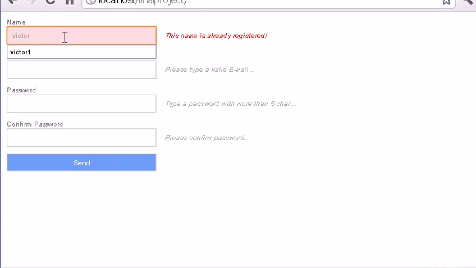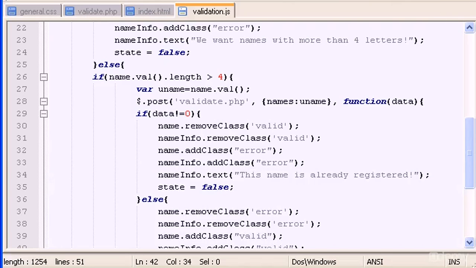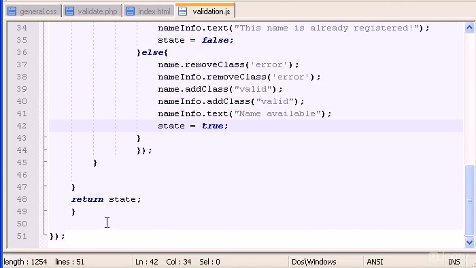Victor is not available, but if I type another, it is available. Okay, so the function is working perfectly now. Maradona is already registered. Maradona's okay, so perfect, it's working, and now we can proceed to the next function,